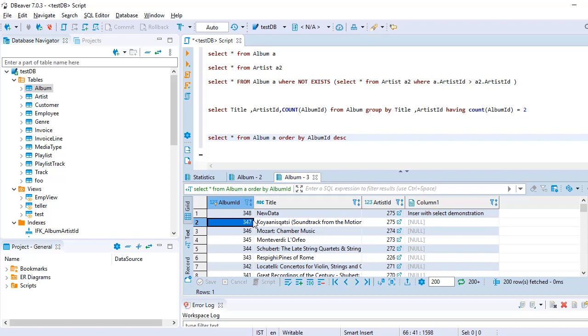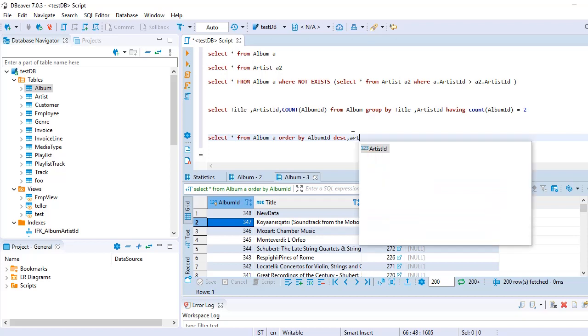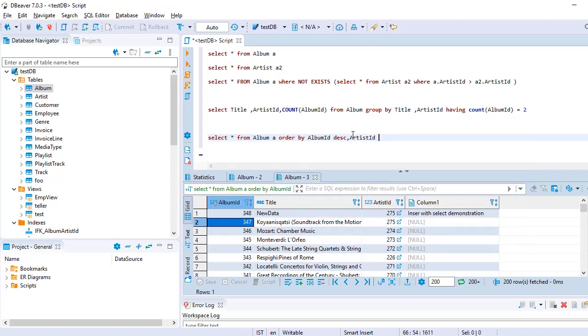Suppose there are two album IDs which are same, although which is not possible here because album ID is primary key. Suppose it's not a primary key, it's just a simple column. So suppose there are two album IDs with the same ID, and we have artist ID 275 and 274, and we want artist ID to come in ascending order.